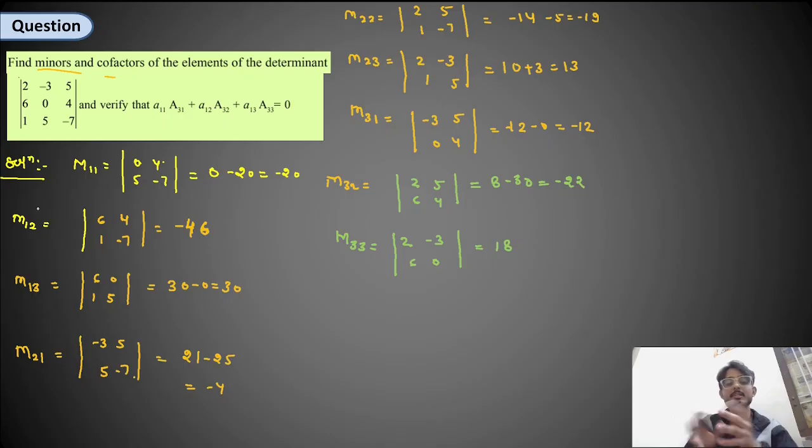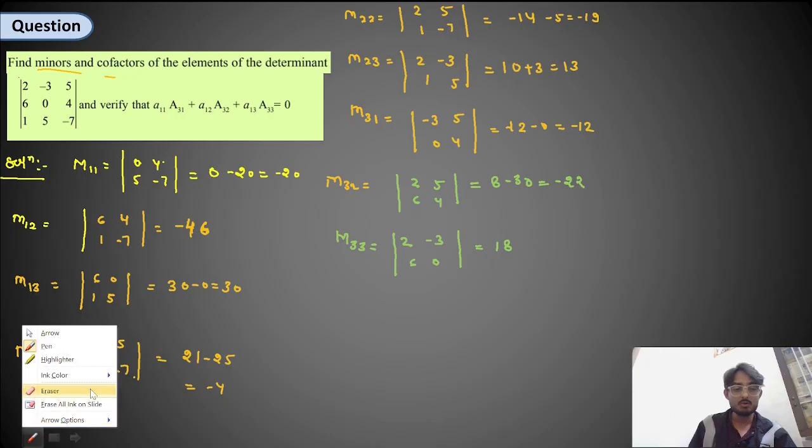This is the basic difference between minor and cofactor. For minors, you only eliminate the row and column, and then you will get some remaining elements. When you solve the remaining elements by the determinants method, then you will get the minor. But what is a cofactor? Cofactor means when you get the minors, then you use the method i plus j. If i plus j equals an even number, then you will use the positive sign. But if i plus j equals an odd number, then you will change the sign. If minus, you will change to plus, and if plus, you will change to minus. This is the basic difference between cofactor and minor.